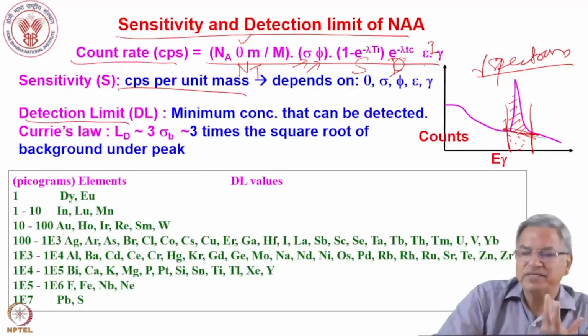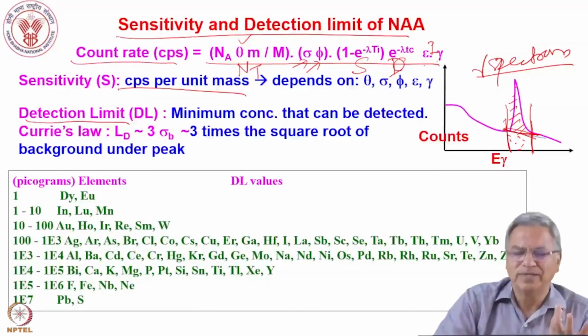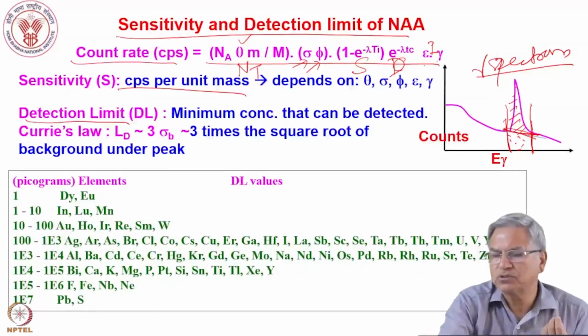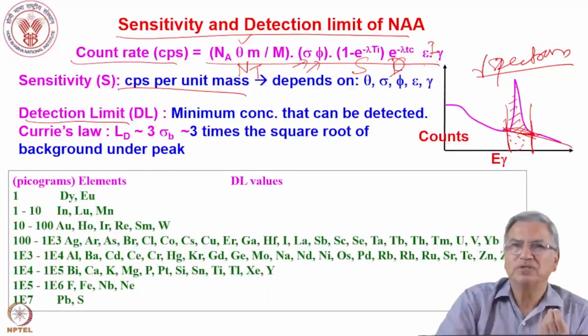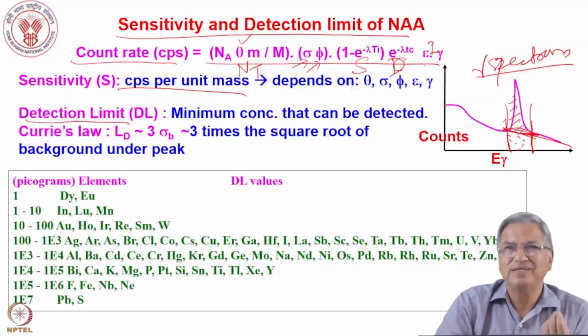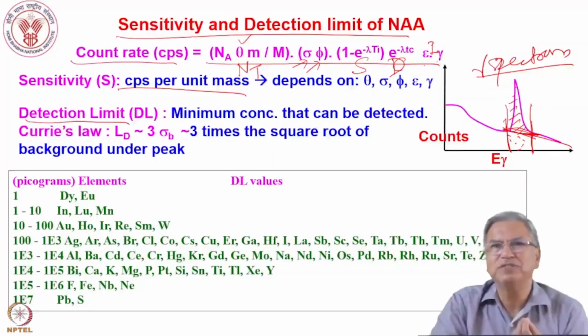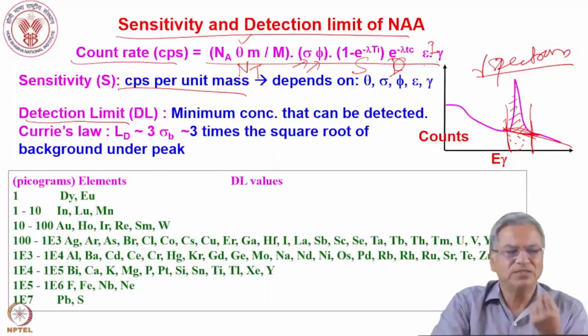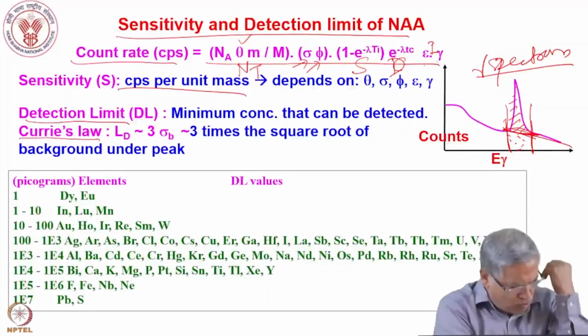Now, how do you define the detection limit? Normally, suppose there is no sample, if you take a gamma spectrum, you will get a flat background of counts, or there could be some bump here. That small bump may be confused as the gamma ray spectrum due to the sample. So we do not know how much is the amount that will give you a reasonable peak area. So what is essentially done is called Curie's law. That means if you take a background of a sample,